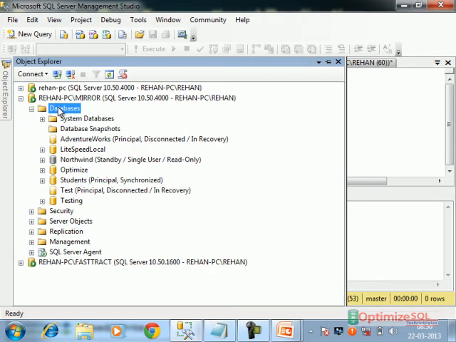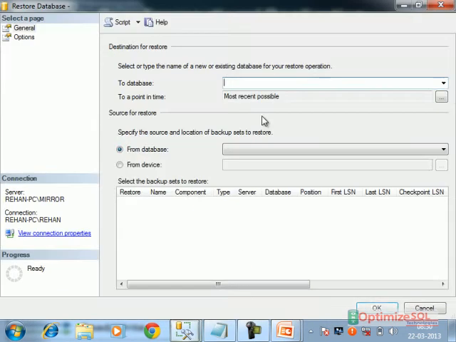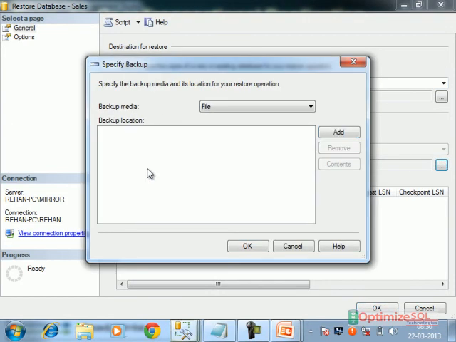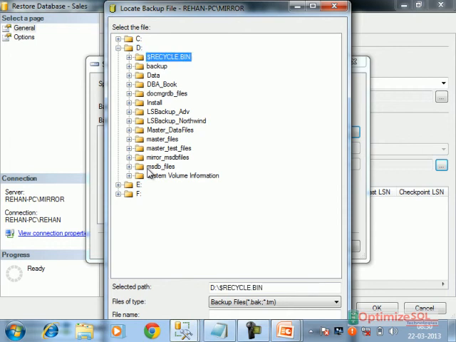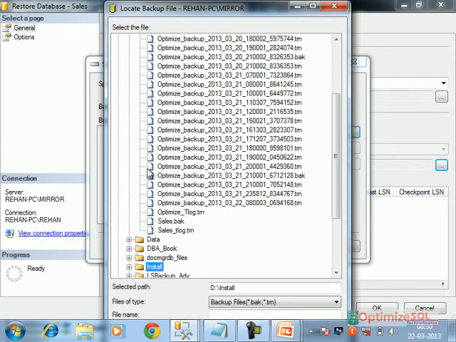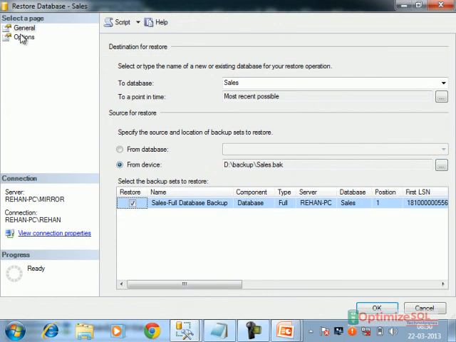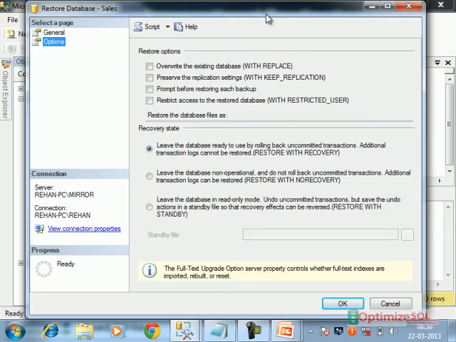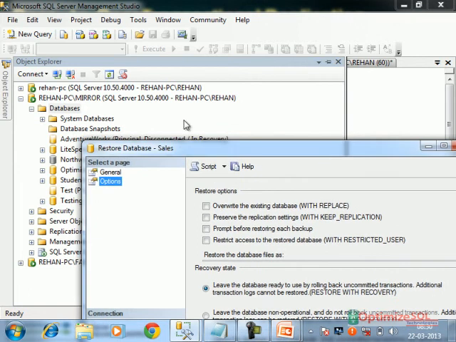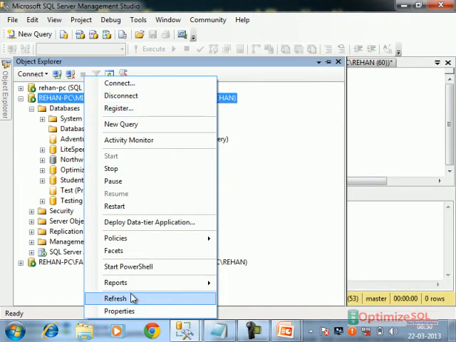Otherwise, see, I'm restoring the database from the backup file, Sales.bak. These common steps are there. Change the path. Take this instance's default path.